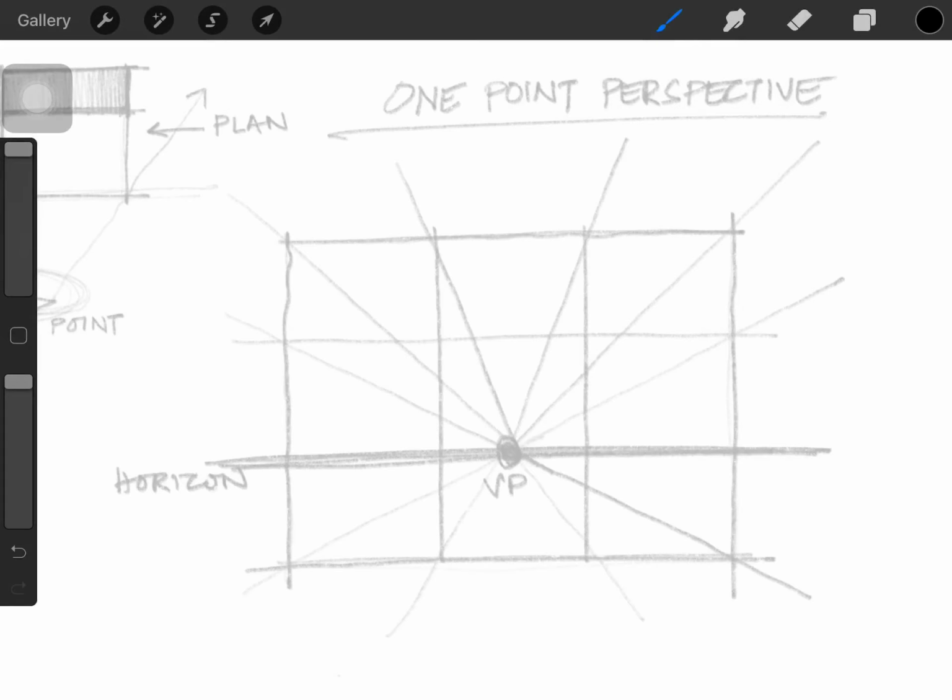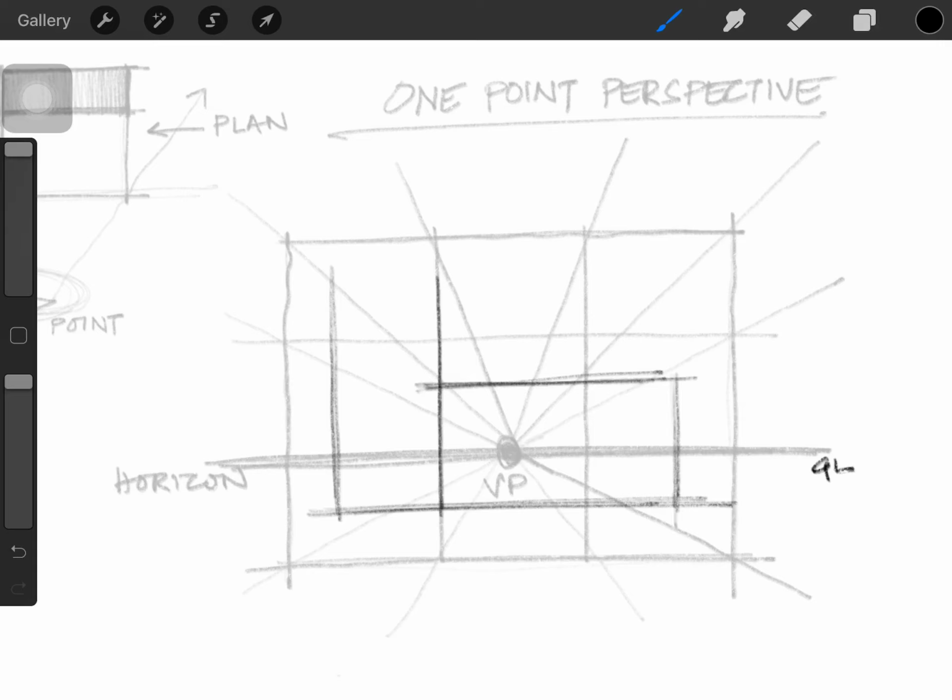Now I've reduced the opacity of the grid lines below and I'm going to try drawing over it. The first thing I'm going to do is mark the baseline or the ground level of the house, which would be a little below the horizon line that we have made. Then the next step would be marking the heights of the shapes. And then I'm going to darken the shape.